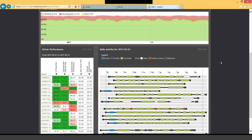So not very efficient. Quickly saw that, made some changes in terms of their assignments, and then focused on hiring somebody in the area where that customer base was that needed serviced. But that's a really critical piece, because knowing how much it's really costing you, not only in terms of lost productivity, or if the guy has to drive an hour to get to the first customer, that's probably not efficient,